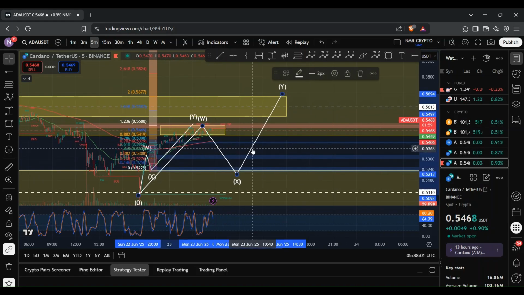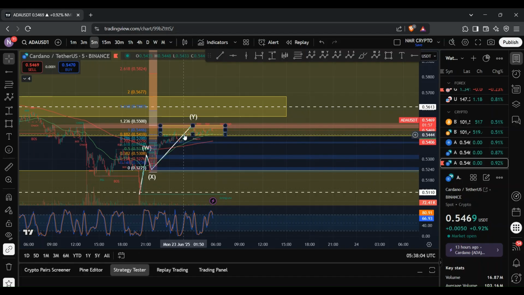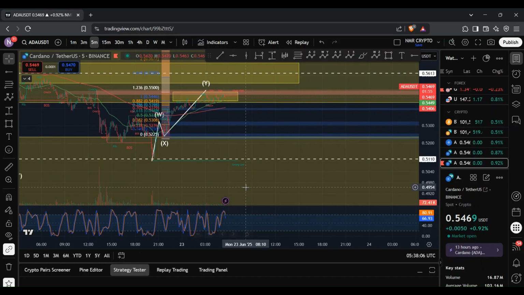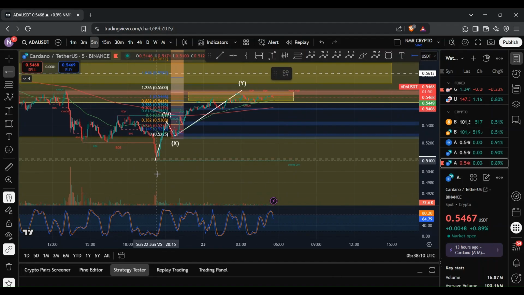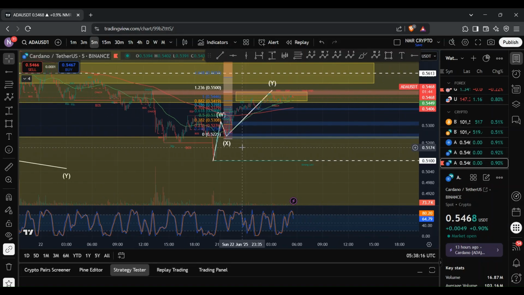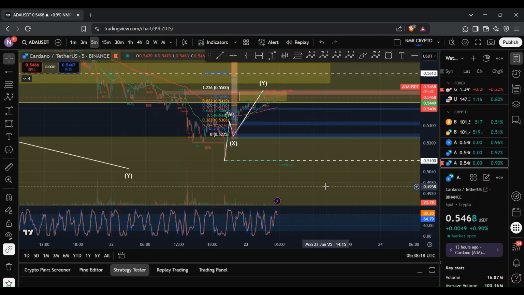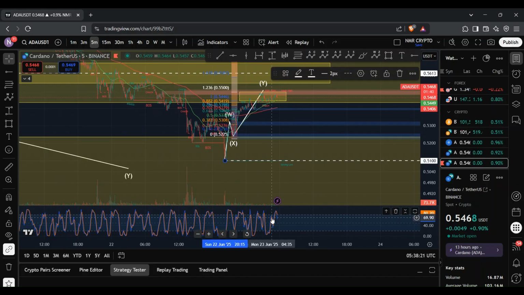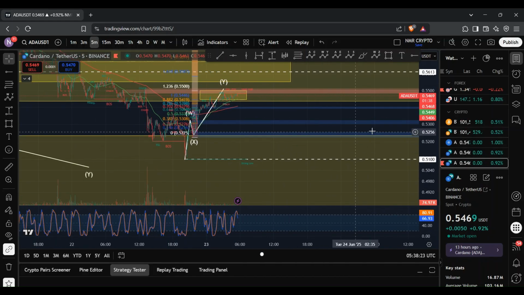Or, of course, the alternative could be that we have completed this move to the upside and then we see that further push to the downside, where we then break past this local low at, if I mark that out, 51 cents. And so if I remove this, since we no longer need it. So yeah, it's possible that we ended up topping off and we see that move to the downside, where we then breach past this local low at 51 cents.